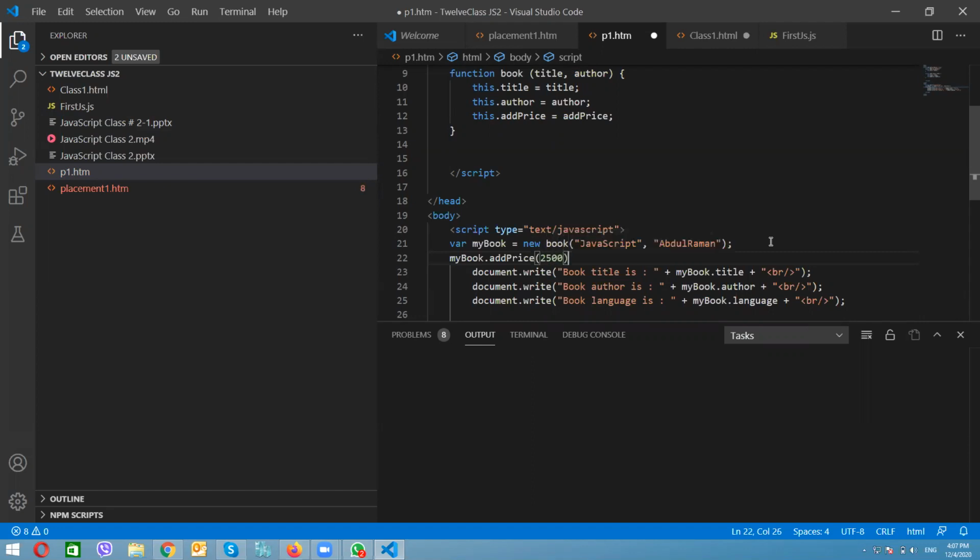So I pass this value over here. Document dot write, book title is myBook dot title, which remains the same. Book author remains the same, myBook dot author. Another thing is book price. Book price is myBook dot price. You see, it will automatically come. Let's see what the result will be.